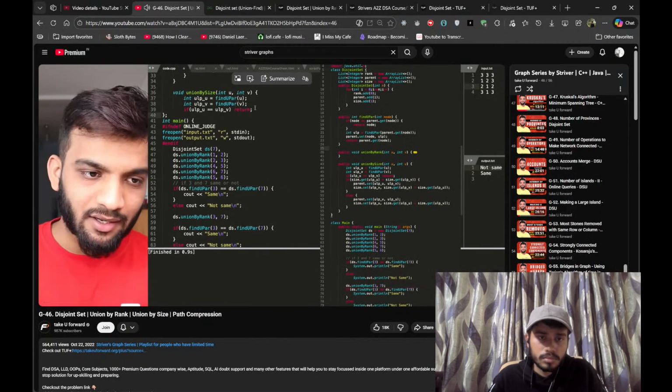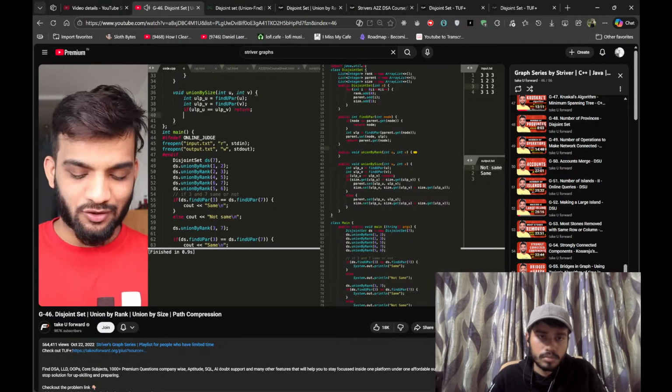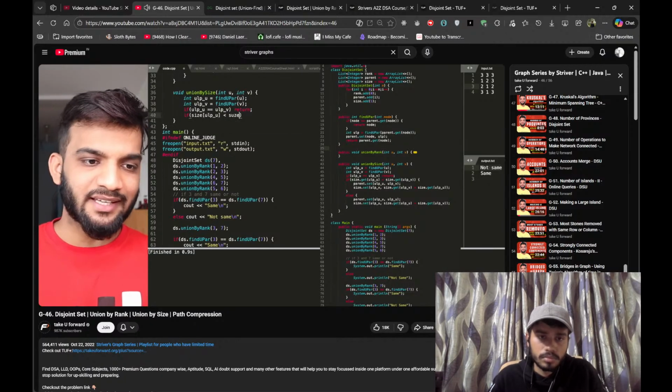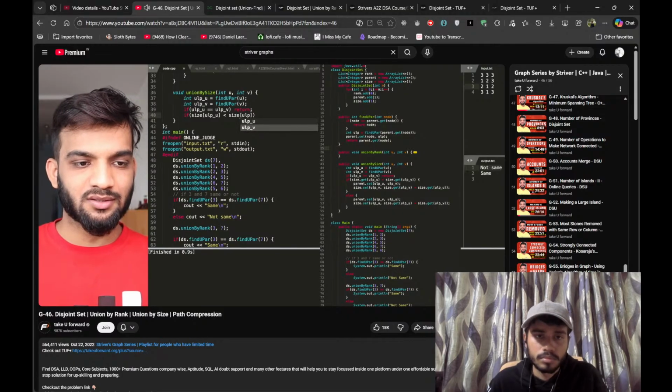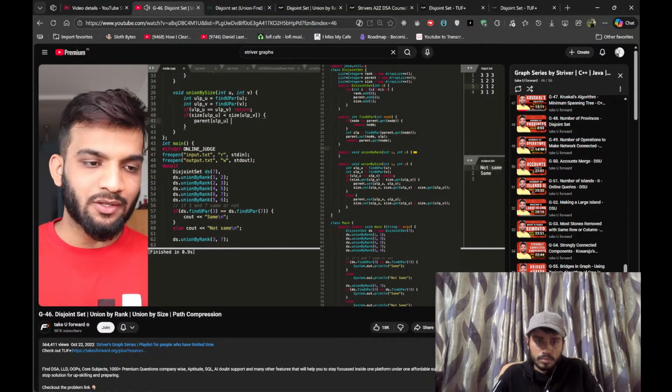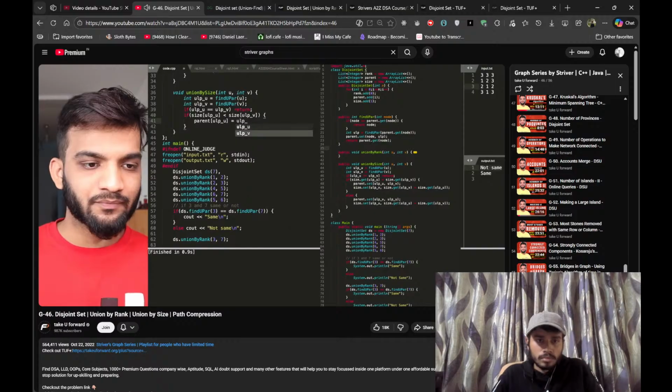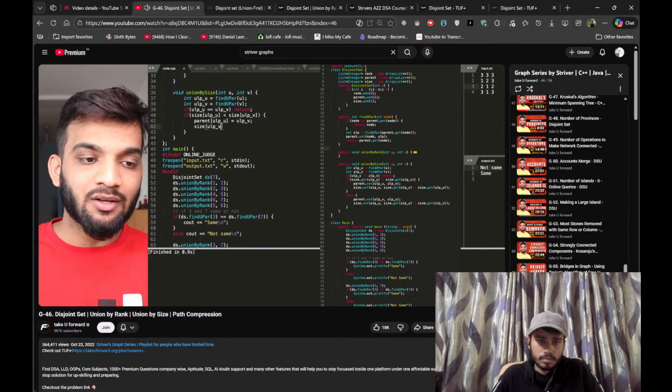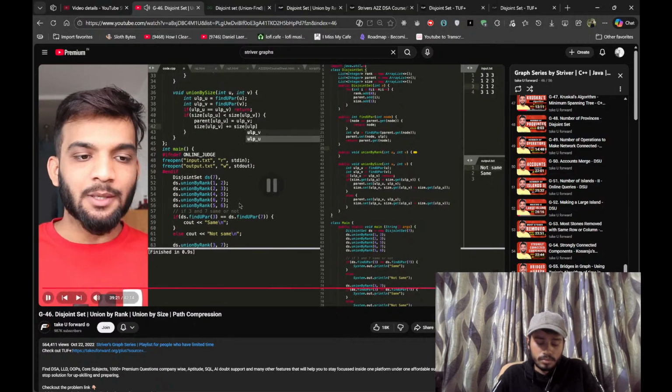Now I'll say, okay, fine. I know one thing for sure: now I'm doing a comparison on the size. So if the size of this is lesser than the size of this, then I'll take the ULPU attached to the ultimate parent of V. Done. Next, the size of the ultimate parent of V, because it is getting attached to, will be increased by